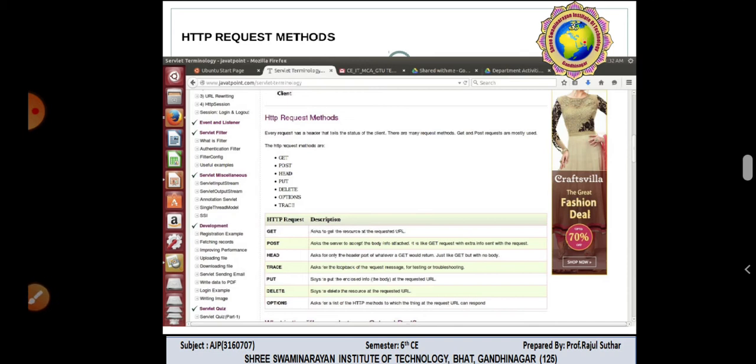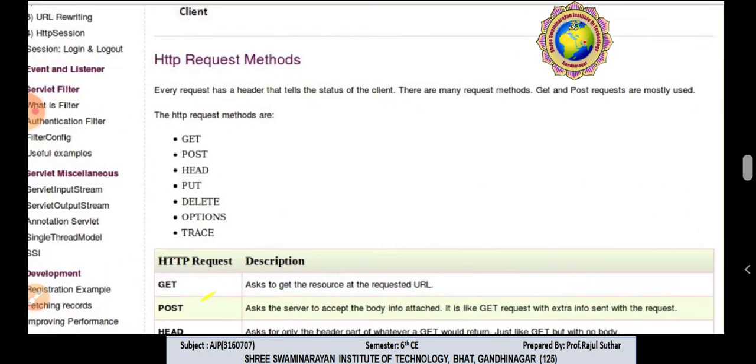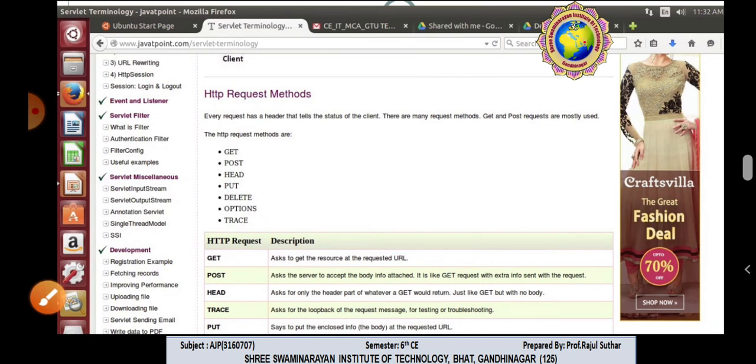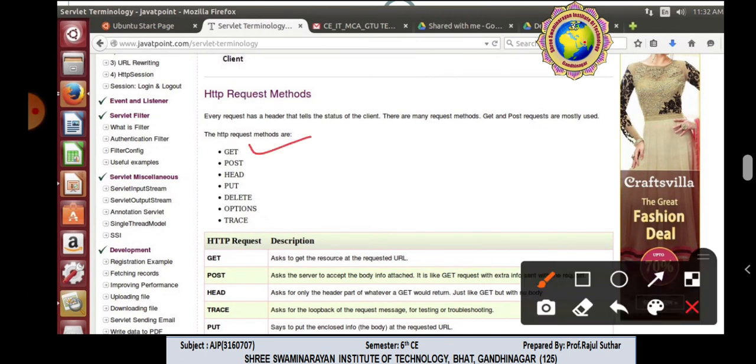Any web page we can load by using the HTTP request method. So which methods are covered in HTTP? Here is the list: GET, POST, HEAD, PUT, DELETE, OPTIONS and TRACE.